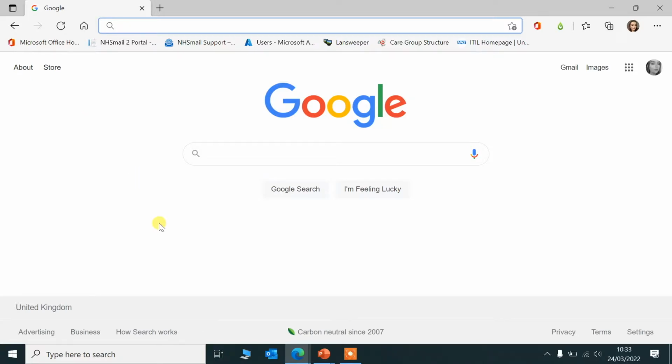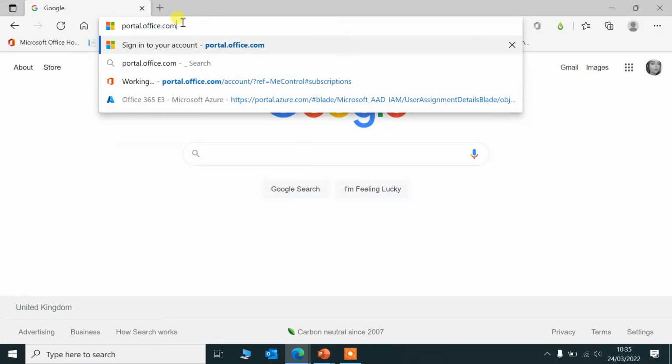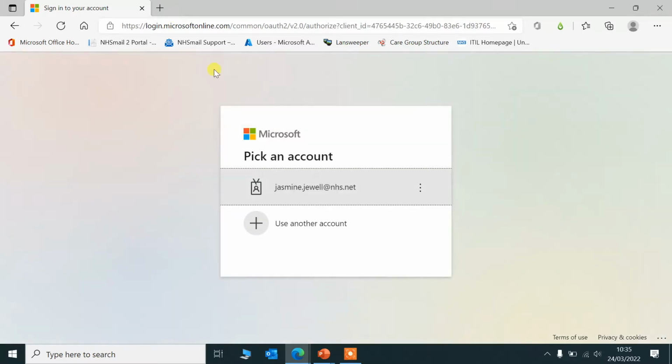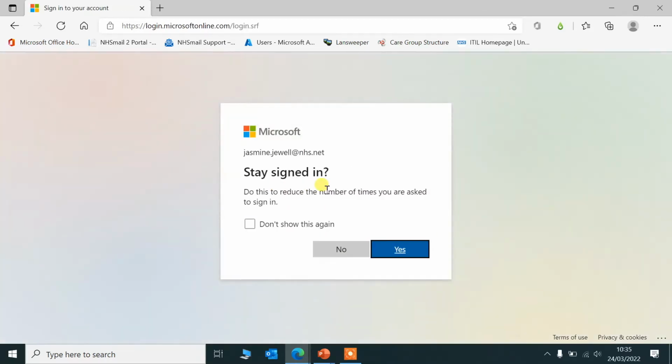As Internet Explorer is no longer supported, we recommend using Microsoft Edge as a web browser to access the portal. Click on your search bar and type in portal.office.com. This will take you to a sign-in page. You will need to enter your NHS Mail email address here. You will then be taken to the NHS Mail portal, where you can sign in using your NHS Mail email